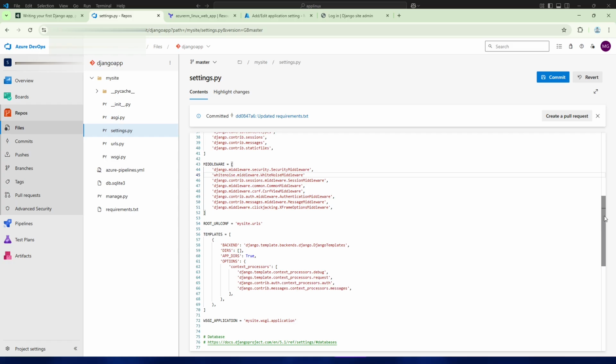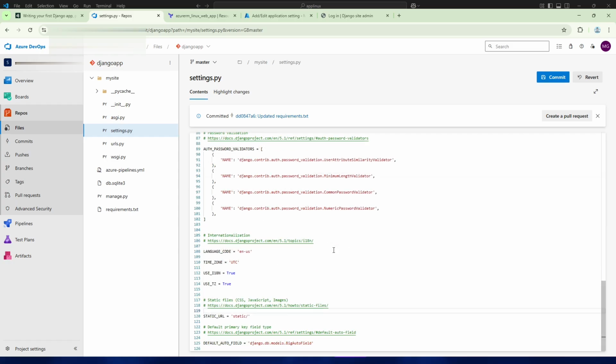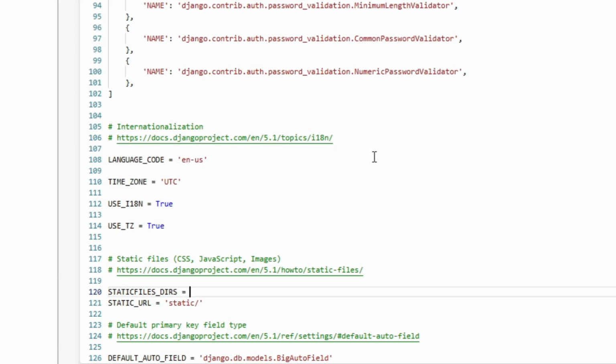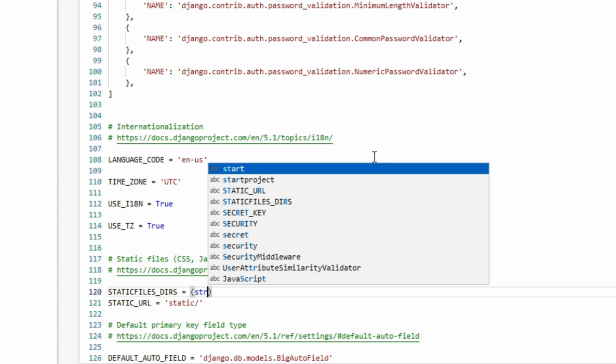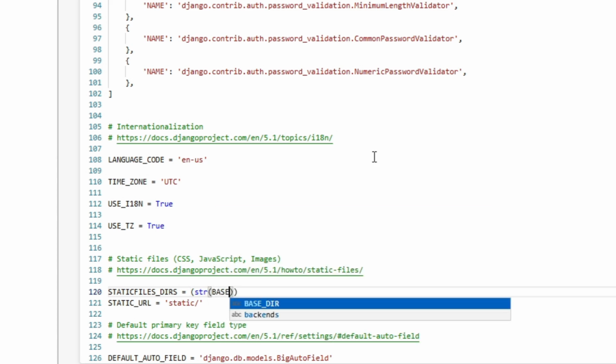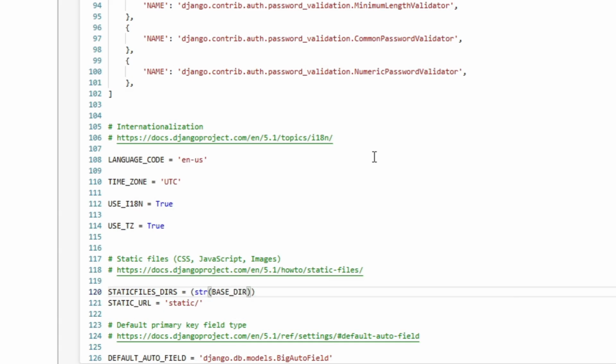Now go to the end of the file, and above the STATIC_URL variable, add STATICFILES_DIRS equals os.path.join(BASE_DIR, 'static').